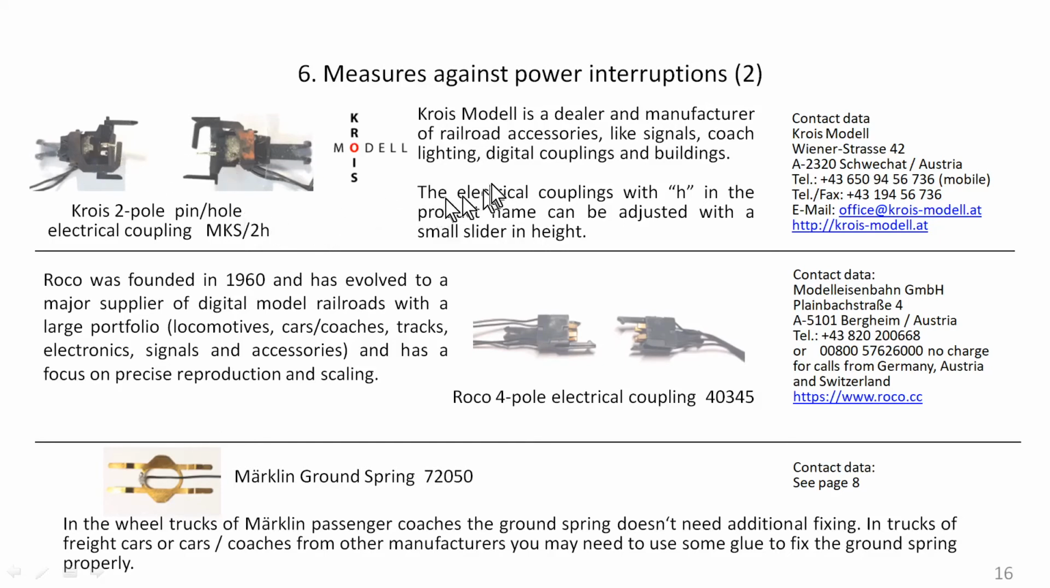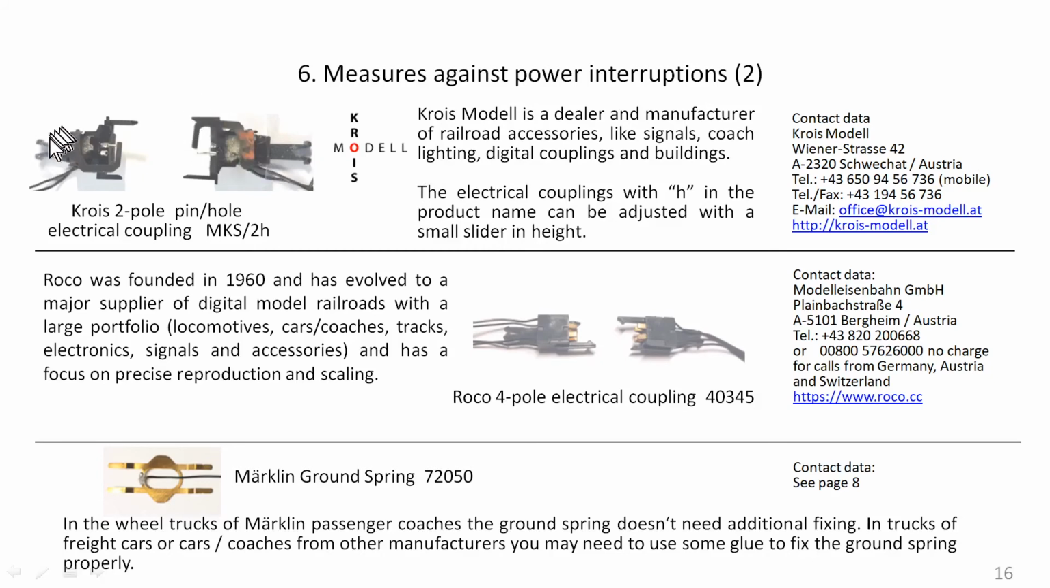Kreuz, an Austrian dealer and manufacturer of railroad accessories, has specific products, and if they have this little H in the product name, this means you can adjust the couplings in height, because there is a sliding shoe back here which you cannot really see, but you can slide this whole coupling up and down across a couple of millimeters and adjust this to the counterpart coupling on the coach. And I think this is very, very neat, and this is why I use the Kreuz